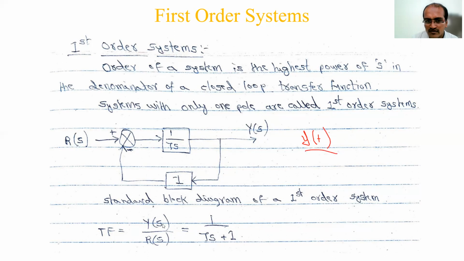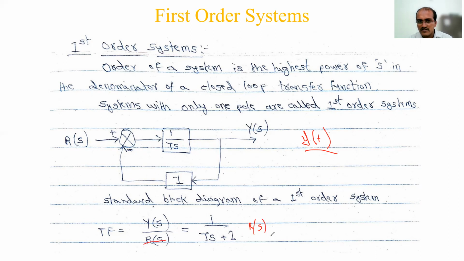For this case, Y(s) by R(s) is there, and we don't know which inputs to give. R(s) is the input, and we don't know what cases may come for this control system. That's why we refer to the standard signals: step, ramp, parabolic, impulse, sinusoidal. We include these standard waveforms as R(s). So Y(s) equals this transfer function into R(s), and whatever is in the denominator of R(s) we bring over here, depending on the type of input.